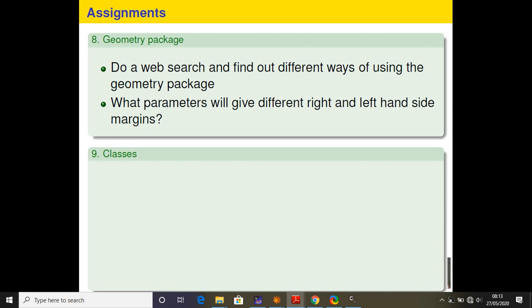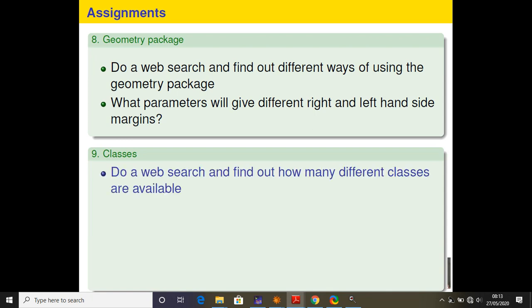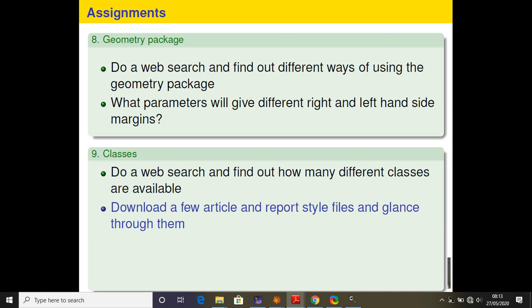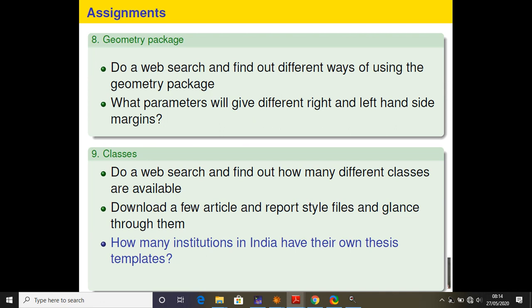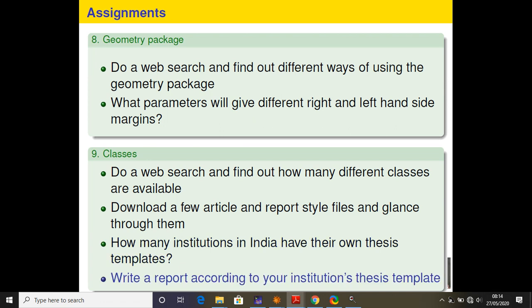Do a web search and find out how many different classes are available. Download a few article and report style files and glance through them. How many institutes in India have their own thesis template? Write a report or article using your institute's thesis template, so you can follow your university's thesis template.